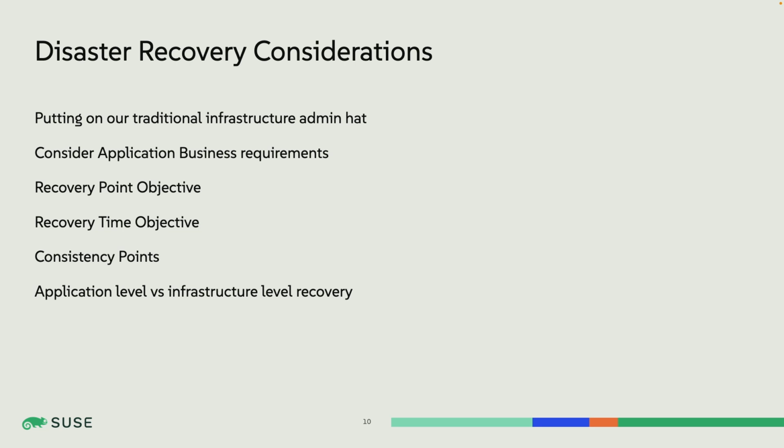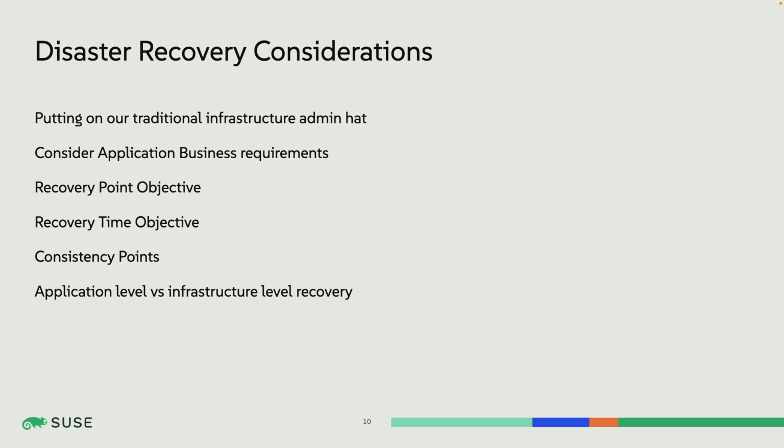How I protect Mongo as an application with a Mongo backend is very different from how I'm going to be doing it with Postgres. This is where I become a fan of having an infrastructure level recovery option. Because if I am handling this inside of just Kubernetes, then it's manifests and it's data. And whether that data is a Mongo database or a Postgres database or Kafka or anything else that's in my system, I protect it the same way. I simply take manifests along with the data and replay them somewhere else, which means maybe not for every application, but for a lot of applications, a universal way of recovering them.